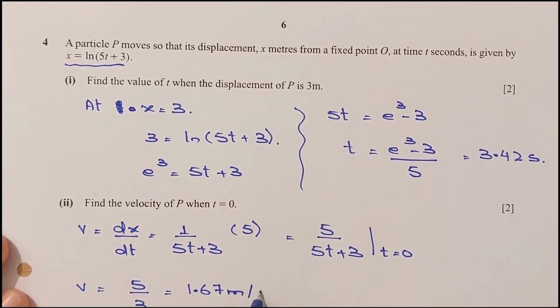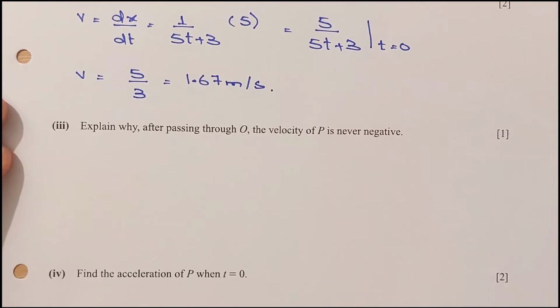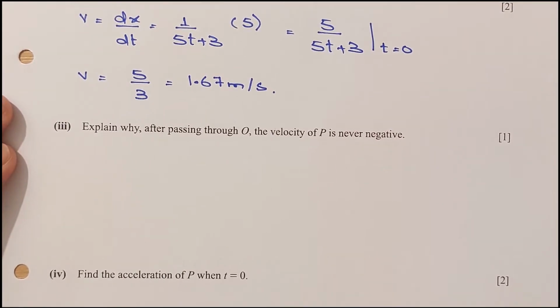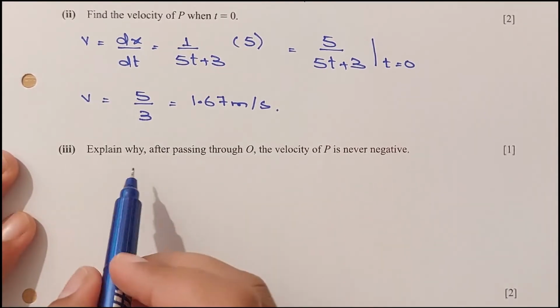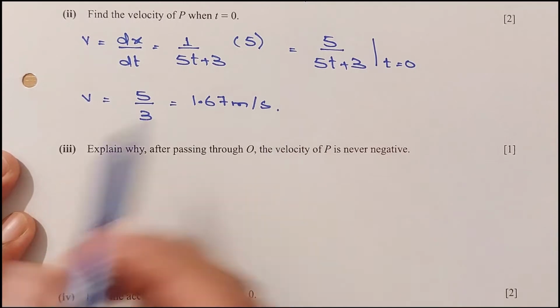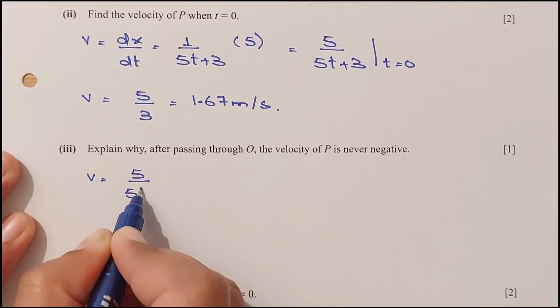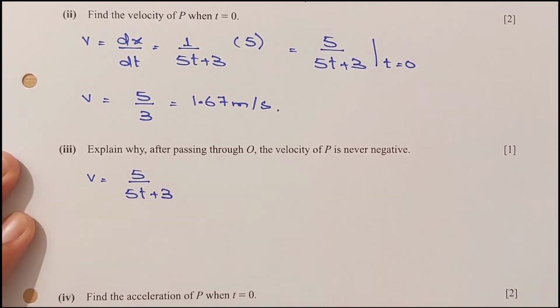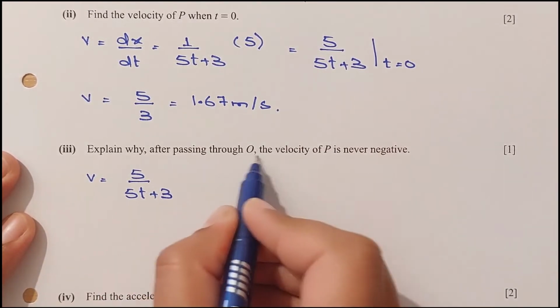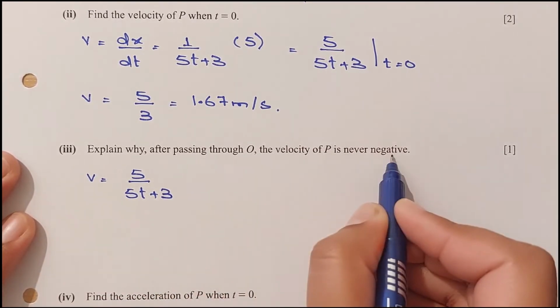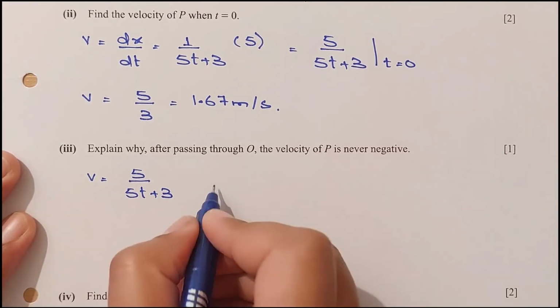7 meter per second. Now for the third part, explain why after passing through point O, the velocity is never negative. Okay, so as you can see, this is the velocity of the particle. The particle velocity is 5 over 5t plus 3. After passing through the fixed point O, the velocity of the particle will never be negative, because since